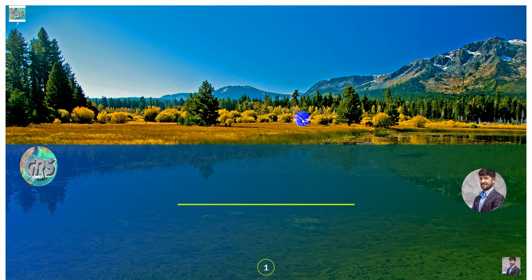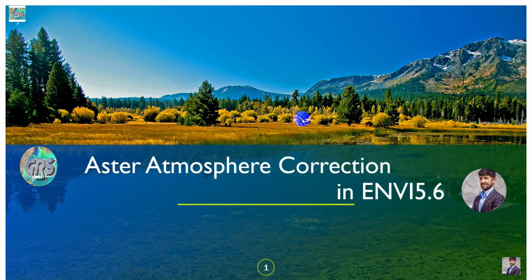Today inshallah we will discuss atmospheric corrections, especially this correction will be done in ENVI 5.6 version, and we will use an Aster satellite image for the atmospheric corrections. Some of the students ask me how we use the Aster image for processing because of its SAM complex. And also this tutorial